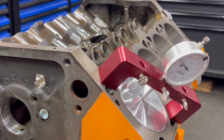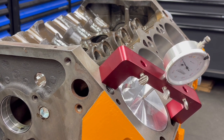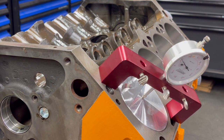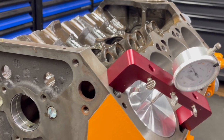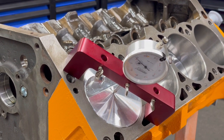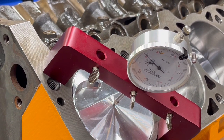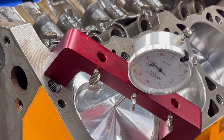Keep going. Okay, now go forward a little bit, real slow. There's a point where it does rock. Right there. Okay, so we are, see if I can get a better angle at this here. If you take a look right there, we are approximately 9 thousandths out of the hole,